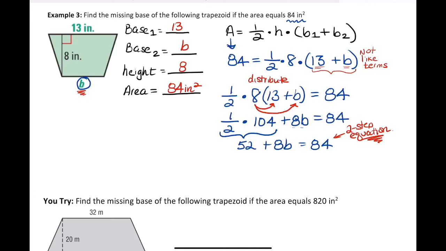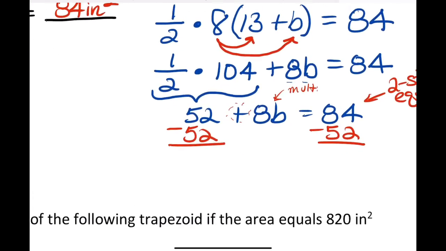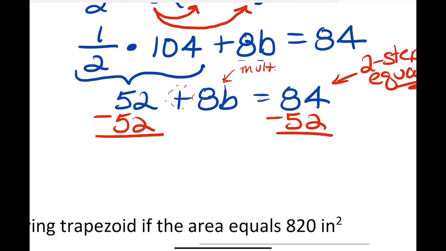That's a two-step equation. So when we solve a two-step equation, you want to undo addition or subtraction first, and you want to undo multiplication or division last. So we're going to subtract 52 from both sides. And I know you're thinking, why aren't we subtracting 8? Well, that's next to the b, and that's multiplication right there. And that's really not what you want to do. Let's attack that 52 first, get rid of that,